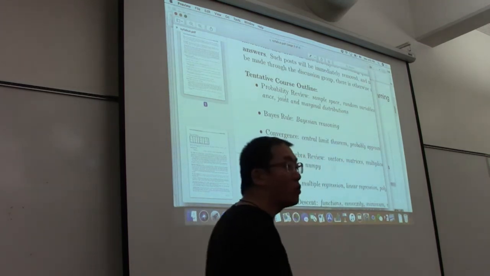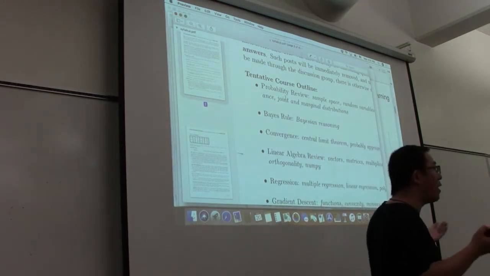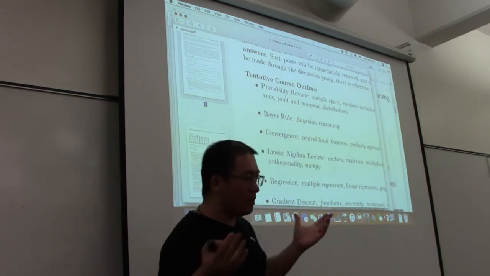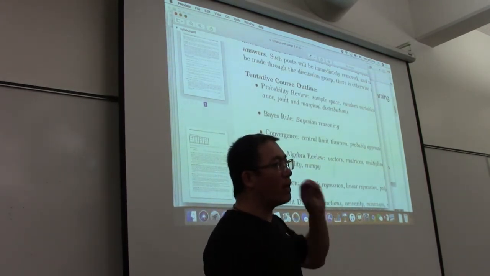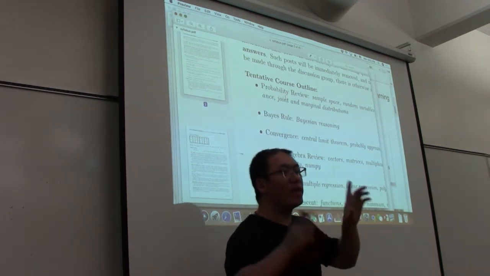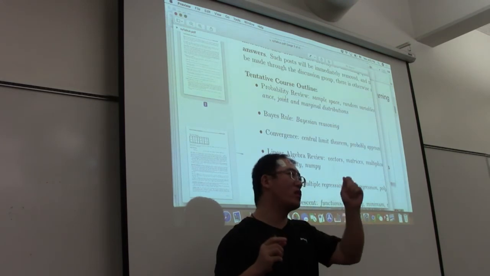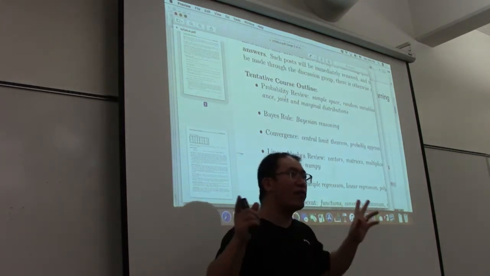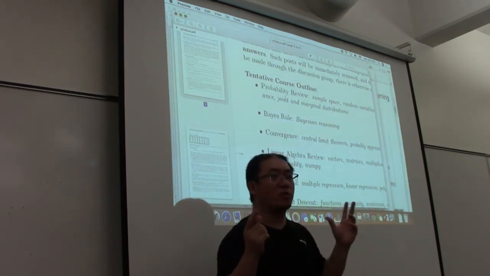And also marginal distribution, conditional distribution and joint distribution. Why do we care about joint distribution? Because in our data science research or topics, we mainly have to look at many random variables together. We're not looking at one single random variable, that's too easy. We'll look at thousands or tens of thousands of random variables together. That's why we need to care about their joint distribution.